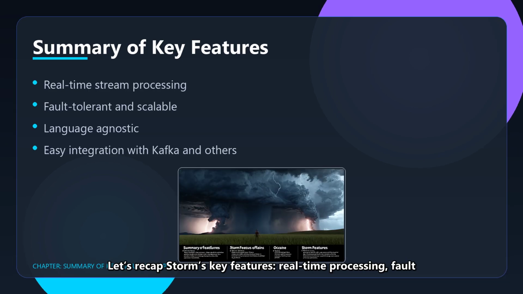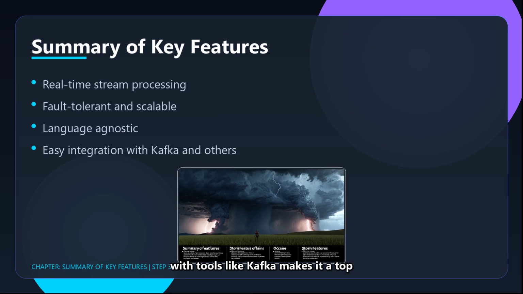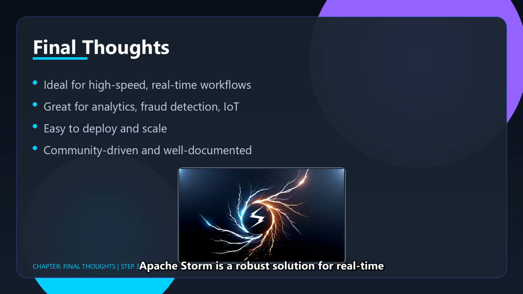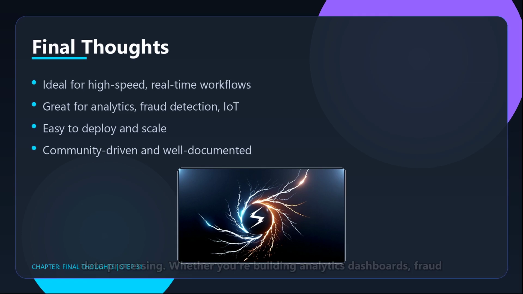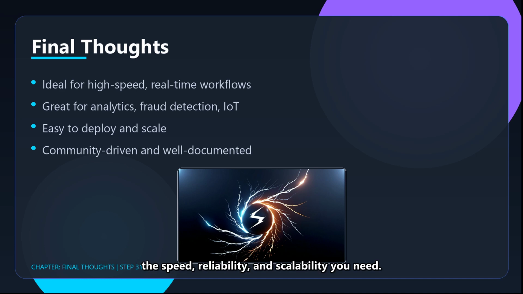Let's recap Storm's key features: real-time processing, fault tolerance, scalability, and language flexibility. Its seamless integration with tools like Kafka makes it a top choice for modern data architectures. Apache Storm is a robust solution for real-time data processing. Whether you're building analytics dashboards, fraud detection systems, or IoT monitoring tools, Storm provides the speed, reliability, and scalability you